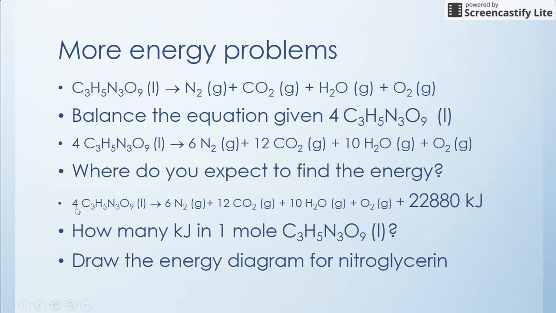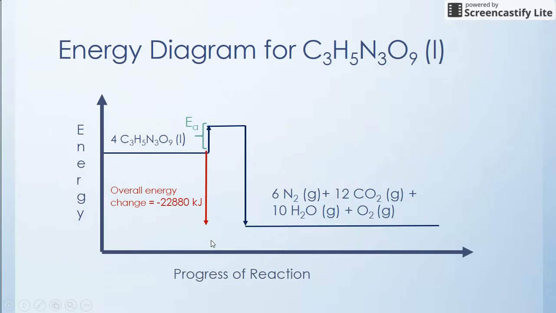So if you consider 4 moles to be like 4 sticks of dynamite, if we had 1 stick of dynamite, then it would make sense that we would get 1/4 as much energy out of that. So 1 mole of nitroglycerin would give us 1/4, or what's that, 5720 kilojoules of energy in 1 mole versus 4 moles. And if we drew the energy diagram for this,